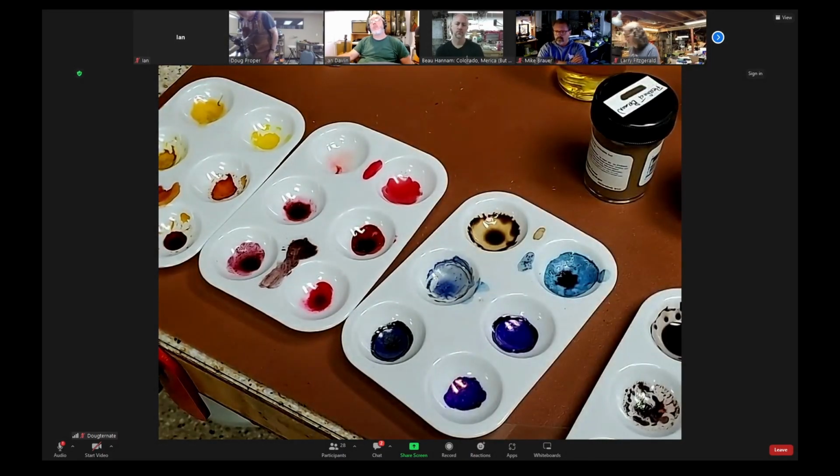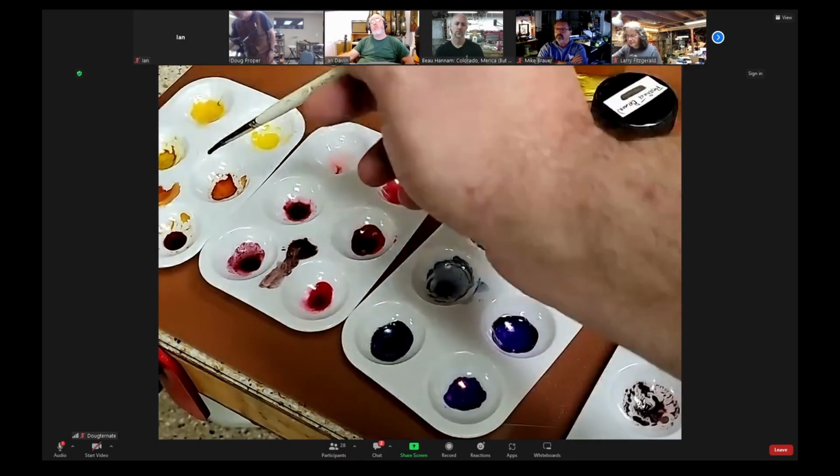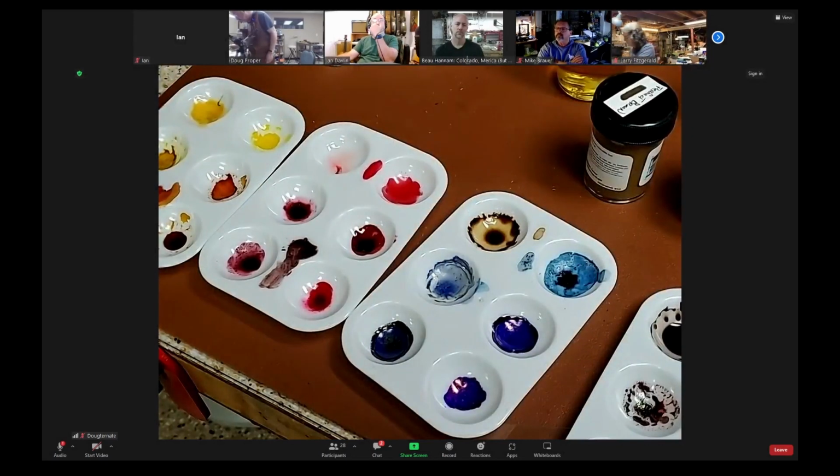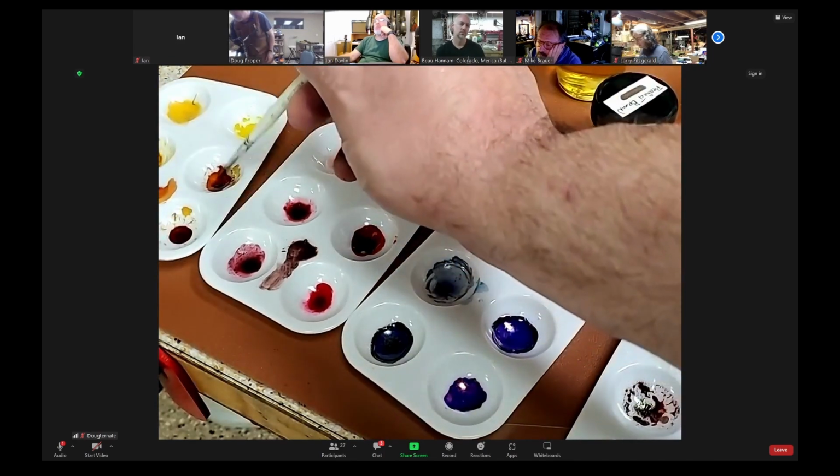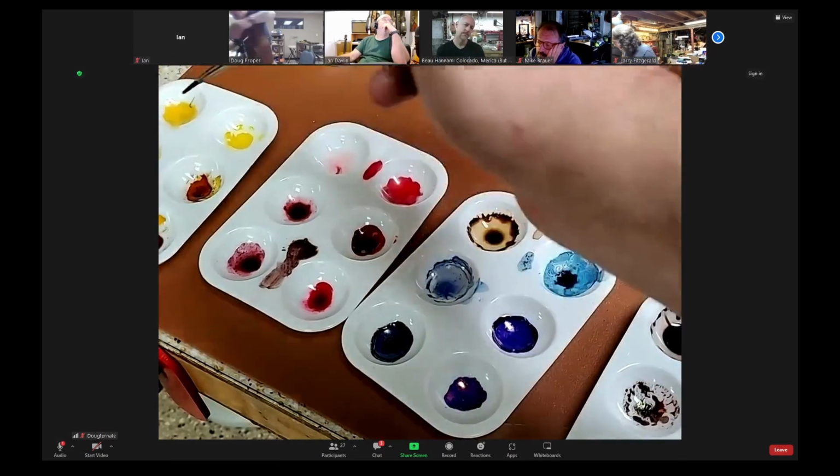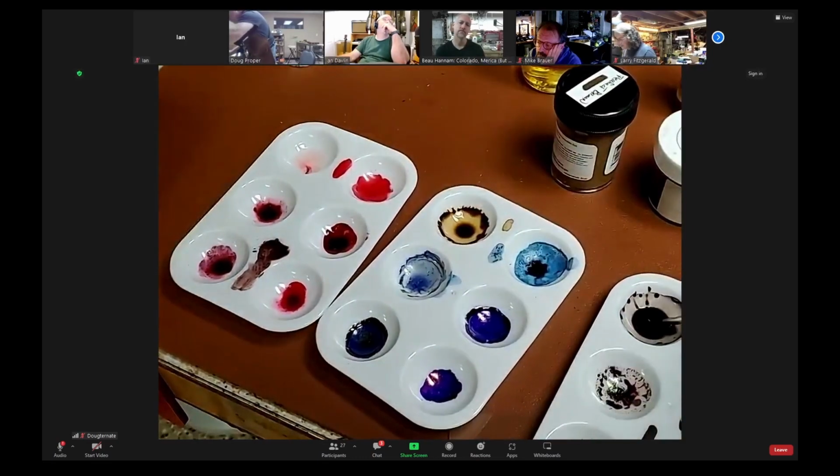But if I mix a dark brown dye, let me try to do it with a clean brush so I don't introduce any pigment, with the orange here in any significant measure,